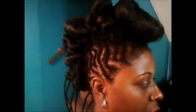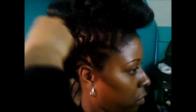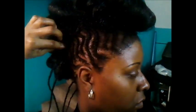So here she is on the last pin curl on the left hand side of my hair, and she's securing it with a hairpin. And I can tell you, even though I received a lot of compliments on this hairstyle, my mother, when she saw this hairstyle, she was like, I don't know if I like that or not. But if you're going to wear an edgy hairstyle, my opinion, you need to be confident that you like your hairstyle, and regardless of what other people think about your hairstyle, you like it, you wear it, you bought the hair products, or you paid your hairstylist to create this hairstyle, or you invested your time for this hairstyle. So if you like it, regardless of what other people think about your hairstyle, wear it and have confidence, because